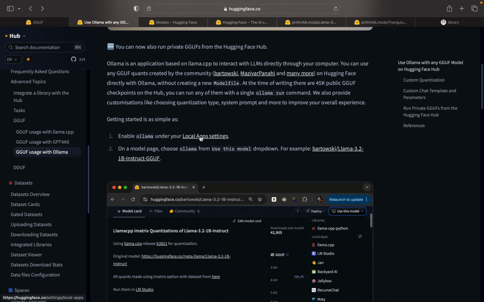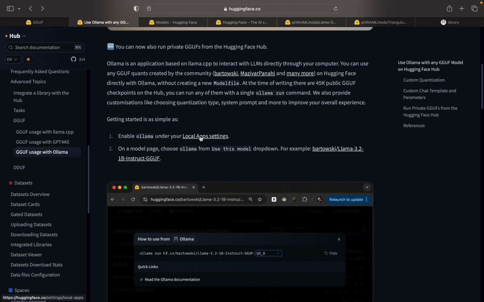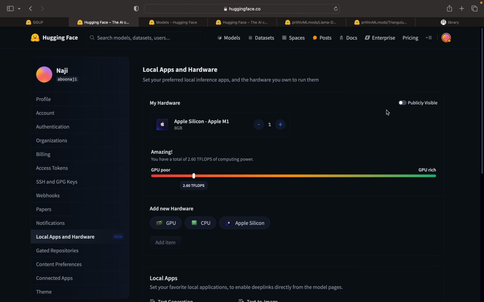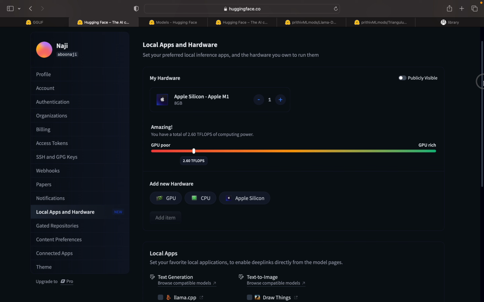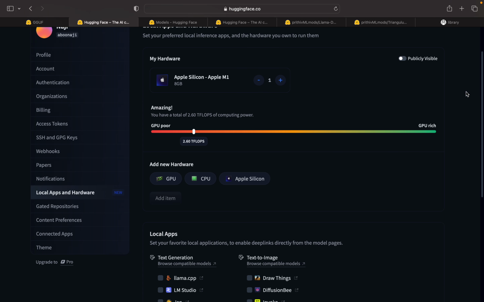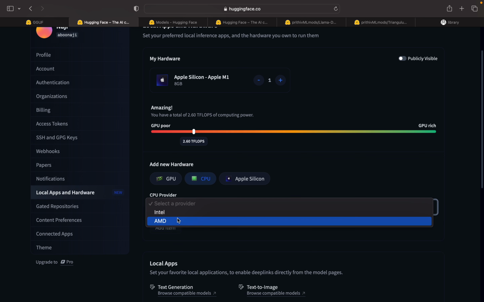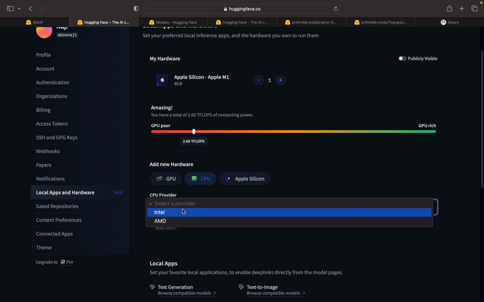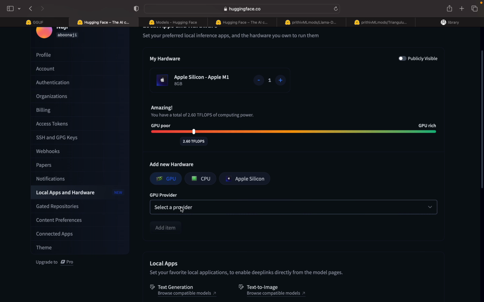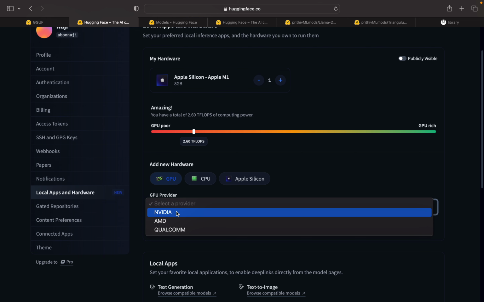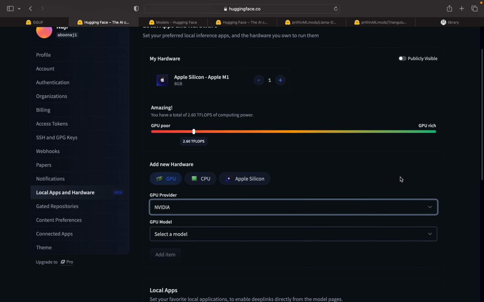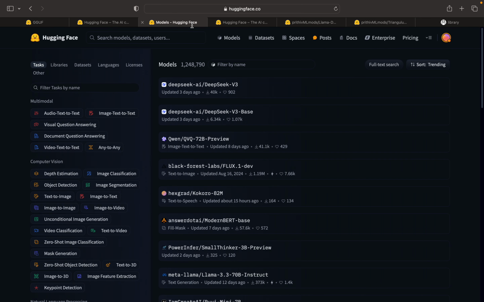First, we can go to the settings screen and specify the machine that we are going to use. In my case, I have already set it to Apple M1. If you are using a CPU machine, just select CPU, then select the provider and add the item. Or you can select the GPU, select which GPU you are using, and add the item. Once that is done, we can go and search for any